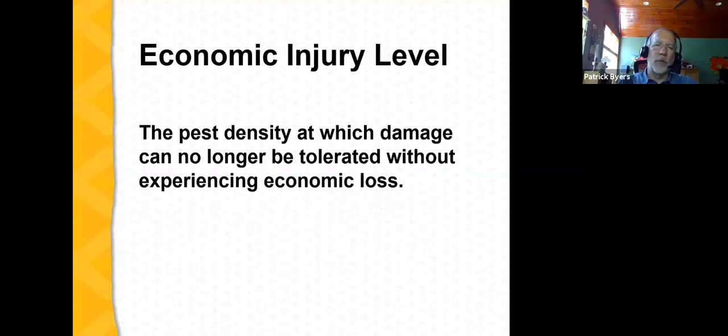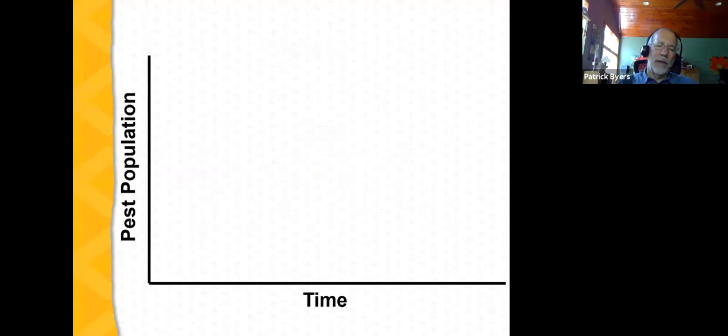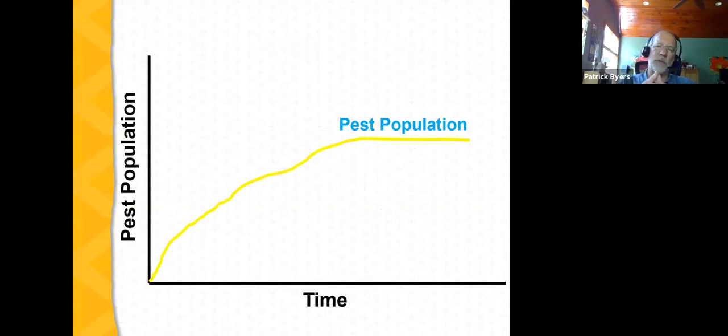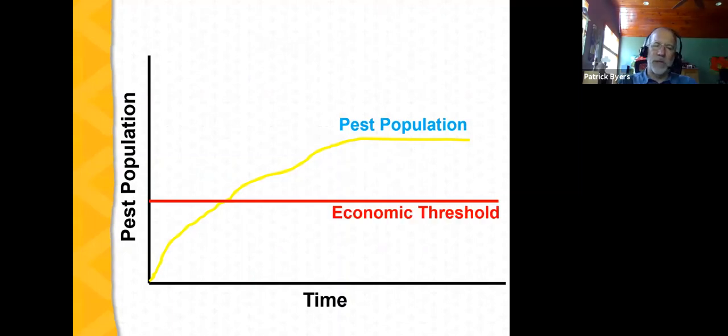Economic injury level, this is the point where you can no longer tolerate damage. At this point, economic loss is happening, or in the case of a home garden, you're losing crop. And you can see this graphically if we take a graph where we have time on the x-axis, pest population on the y-axis, again, level of disease. And typically what we see over time is diseases build, and then they get to a point where they level off. The economic threshold is at some point during the building phase of the disease, the development of symptoms and signs.